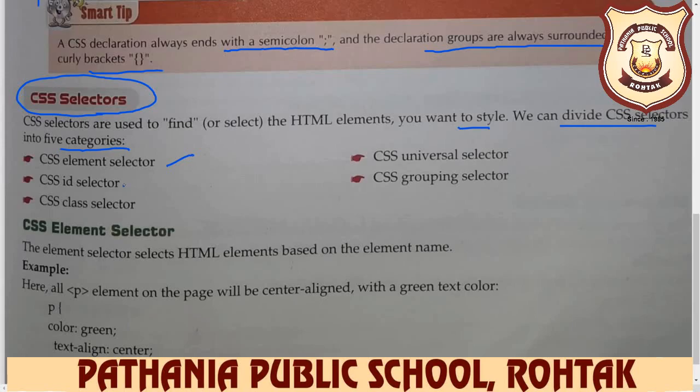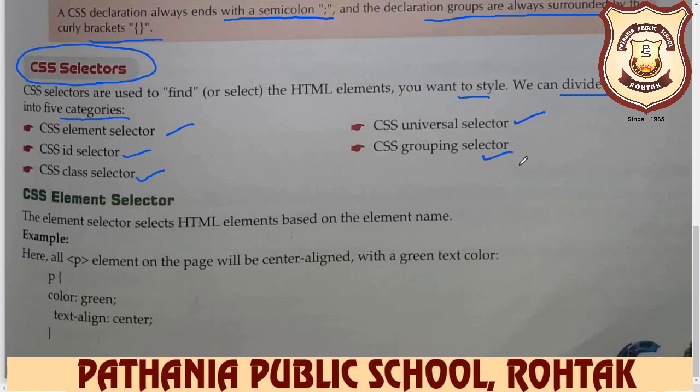Second is your CSS ID selector. Third is your CSS class selector. Fourth is your CSS universal selector. And fifth is your CSS grouping selector. So first we learn about the CSS element selector. All the examples we have learned before are your CSS element selectors.